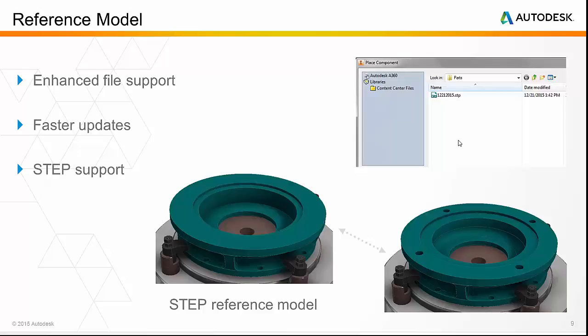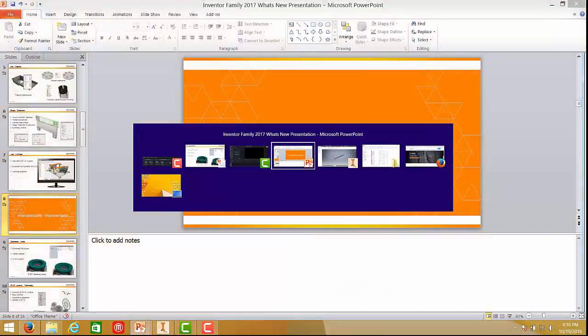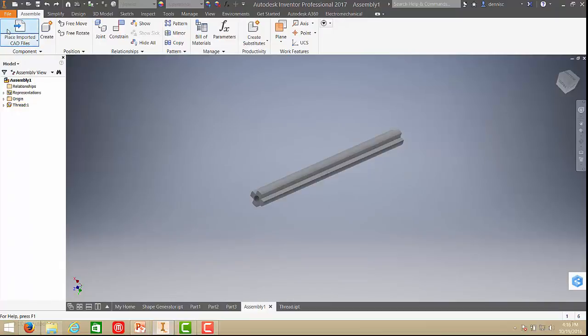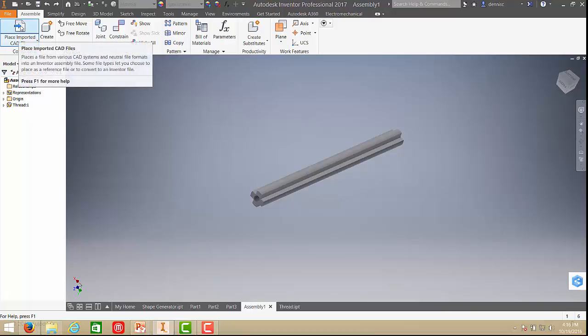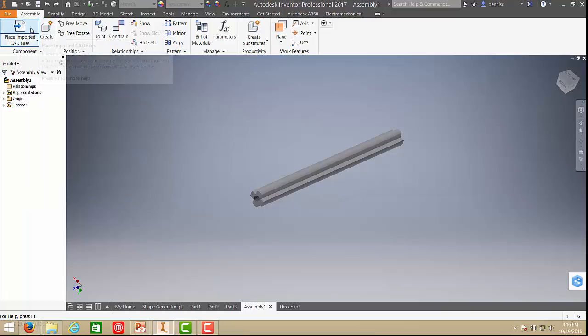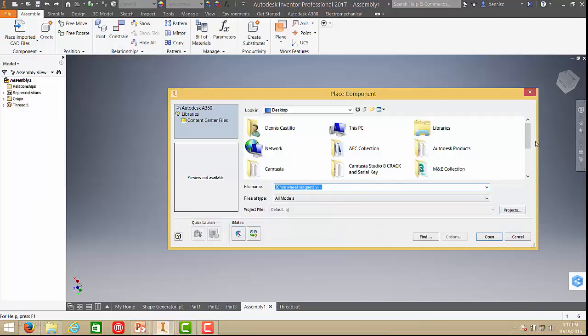So here is an example of how we can use STEP file formats in Inventor 2017. In the assembly, in the Assemble ribbon tab, you'll just have to click Place Imported CAD Files. So I have this file, the 30mm wheel magnets B11.